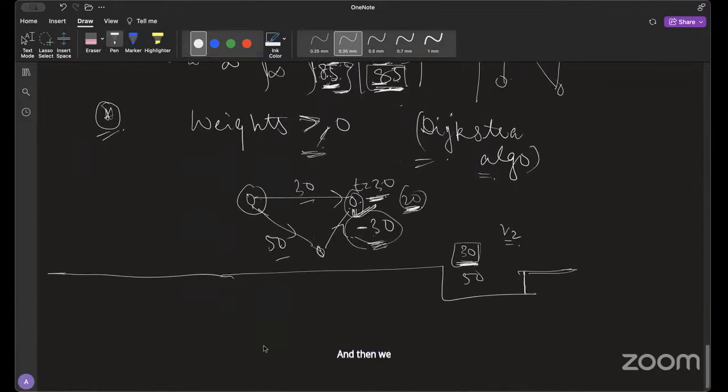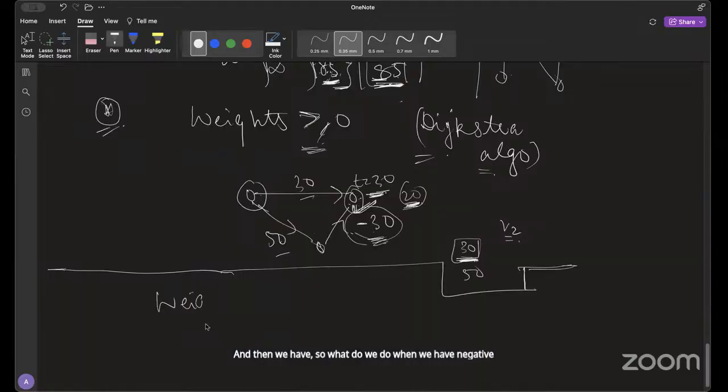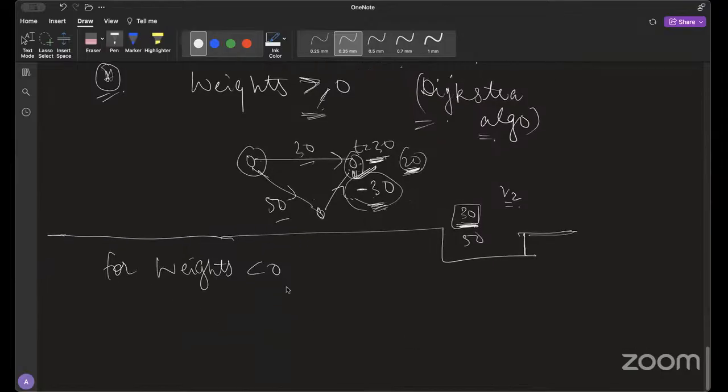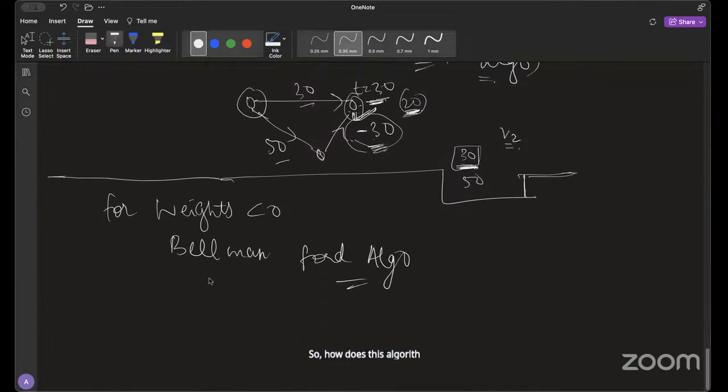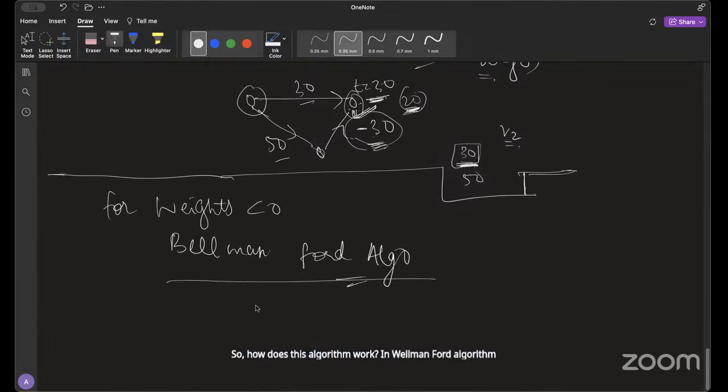And then, what do we do when we have negative weights? How do we deal with negative weights? Let's just talk about negative weights now; we'll talk about negative cycles later. We use the Bellman-Ford algorithm. So how does this algorithm work? In the Bellman-Ford algorithm, what we do is